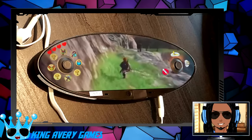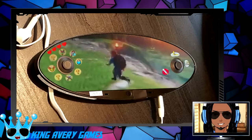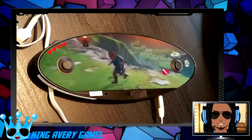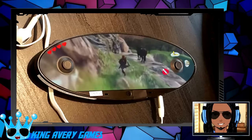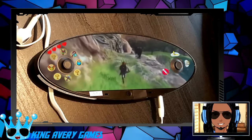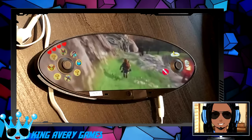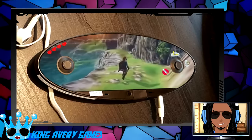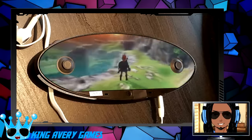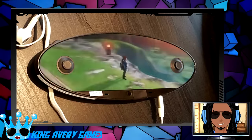Now, the reason why I think they're actually going this route is because, number one, we just came off of a Wii U failure. We can all pretty much say that the Wii U was a failure, for all intents and purposes. But because they go ahead and they present this device as a brand new device, or a third pillar like they did with the DS, then they can say, hey, check out this new device. This is the Nintendo NX. And they don't say it's a console, they don't say it's a handheld, they don't say it's either one. So if the people say, oh, I absolutely hate this device, I don't like it, I don't want anything to do with it, they can be like, okay, well, here's the